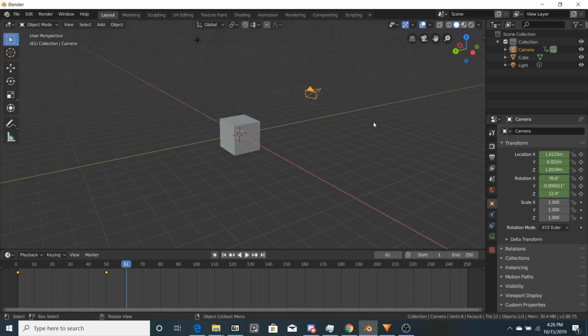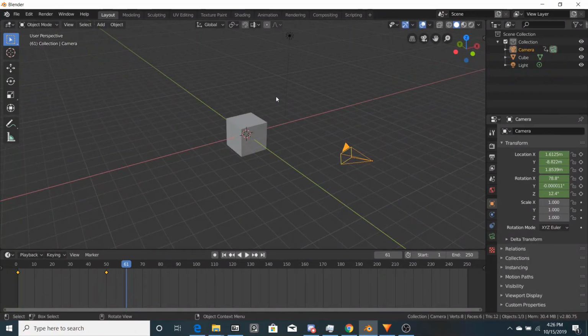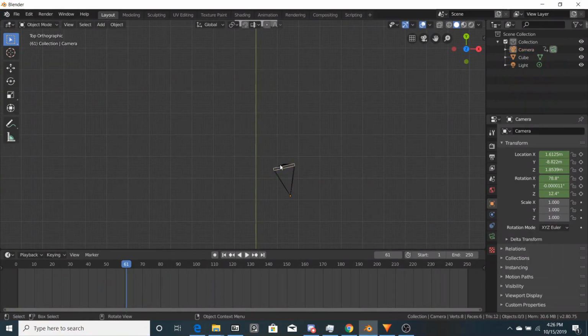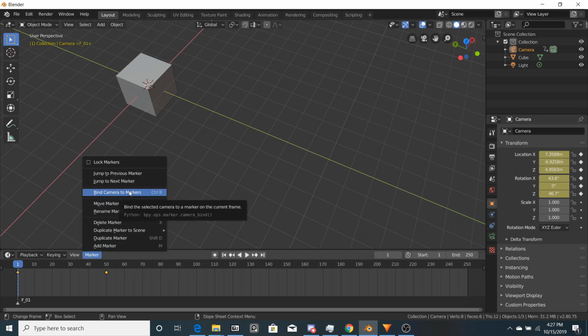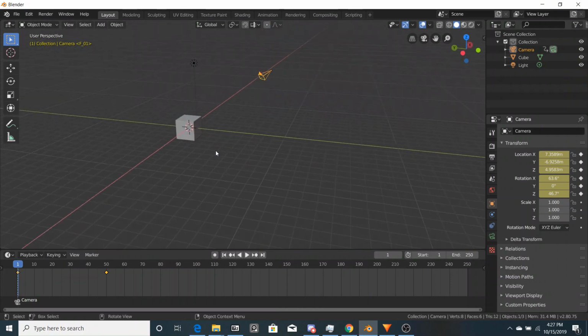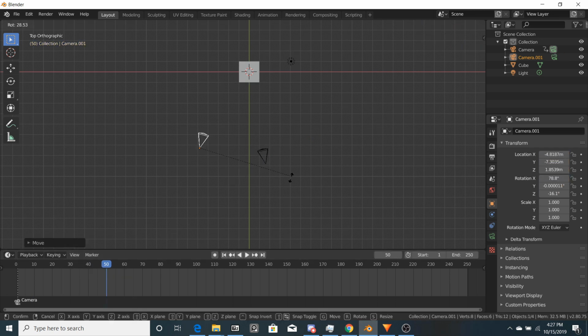But let's say we don't want just this camera displaying, maybe we'll want another camera in the scene. So what we want to do is select this camera and add a marker. The marker will essentially say which camera is active in the scene currently. So if we bind this camera to the marker, at this frame, this camera will be activated. But if we duplicate this camera, and say we want to see the scene from over here, then if we want to see the scene from over here,